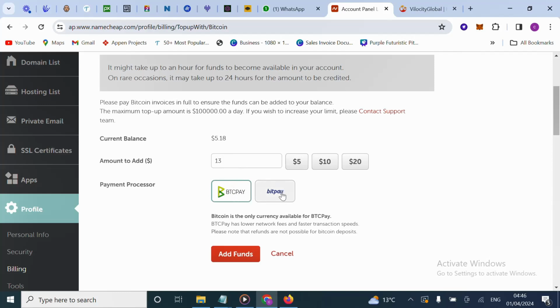But if you have other currencies like Ethereum, Litecoin, and the rest of that, you might want to use this option, which is BitPay. You understand? So I normally use BTC Pay when I have Bitcoin in my wallet. But when I have other currencies I want to use, I use BitPay,